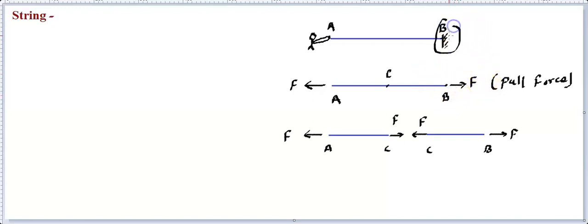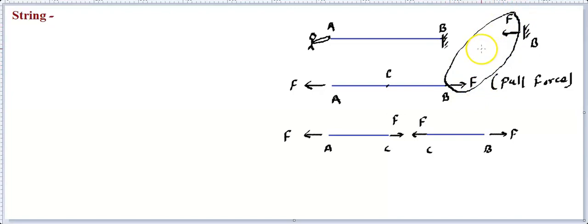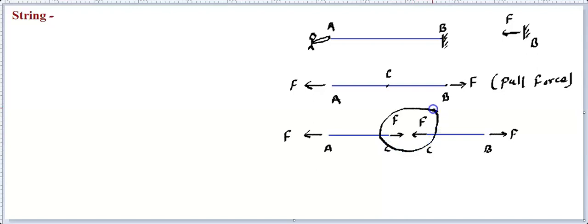And if we try to see what happened to this wall, if you look at this wall carefully, then you'll find the string was pulling this wall. So this is being pulled like this. So a string applies force on the connected body towards the string, and on the string the force acts away, so that these two forces become equal and opposite as per Newton's third law that you know, and you will be learning it in upcoming videos. Similarly, at C point, you find that the forces are equal and opposite, so that they are cancelling out each other.